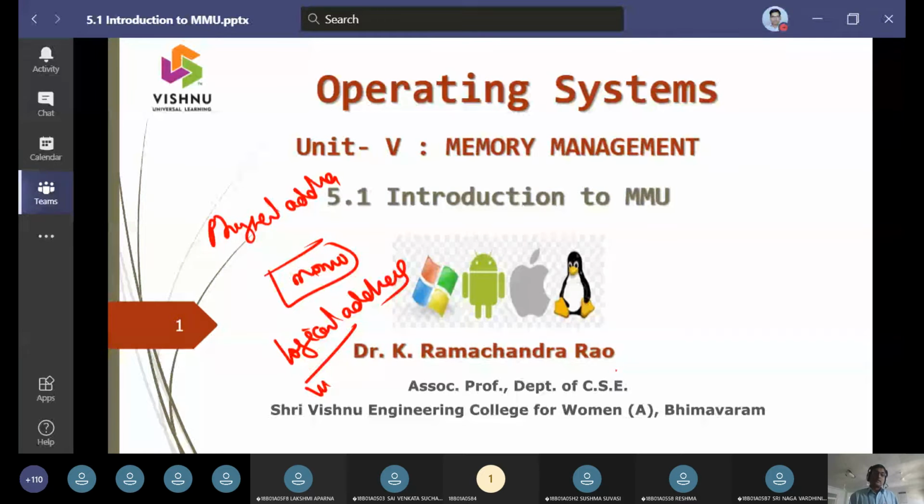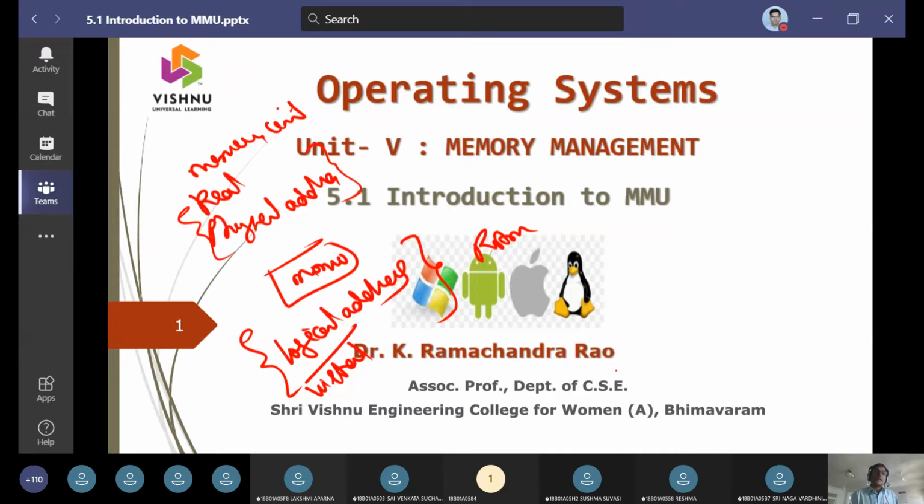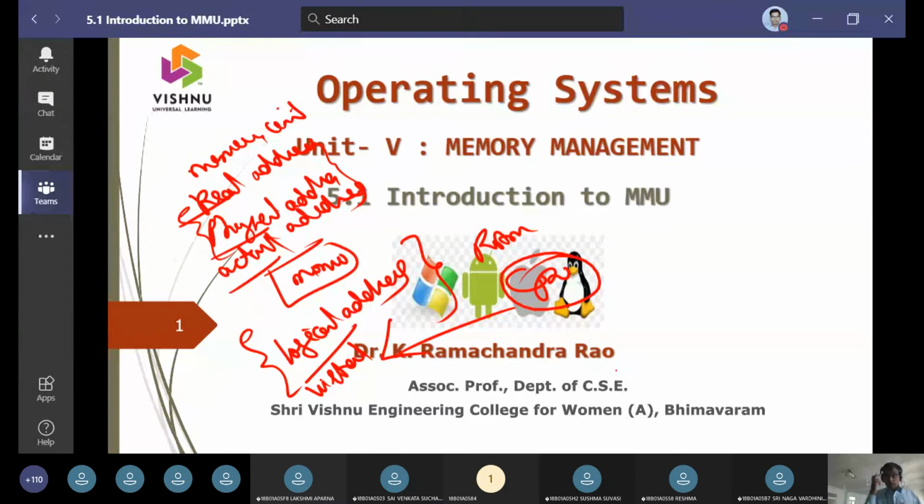Logical addresses, the other name we call them is virtual addresses. Logical addresses are generated with the CPU and are taken up with the random access memory. And physical addresses are taken up with the memory unit. We call them real addresses, physical addresses, or actual addresses. So now we have these virtual addresses, or logical addresses.